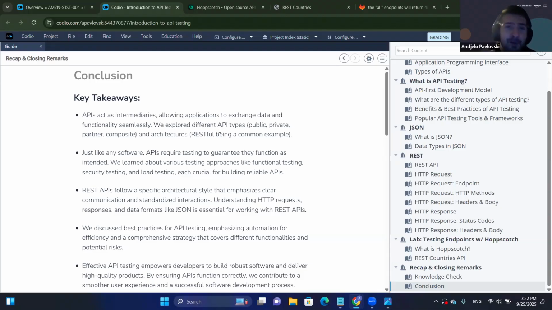There are different types. You have public APIs that all of us can access. We have private APIs related to organizations, and then we have partner ones, which are usually for specific teams or individuals that can access it for specific needs, as well as composite APIs, where you can use one call to get multiple data